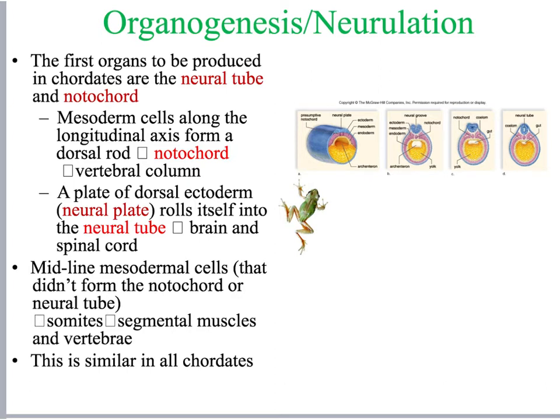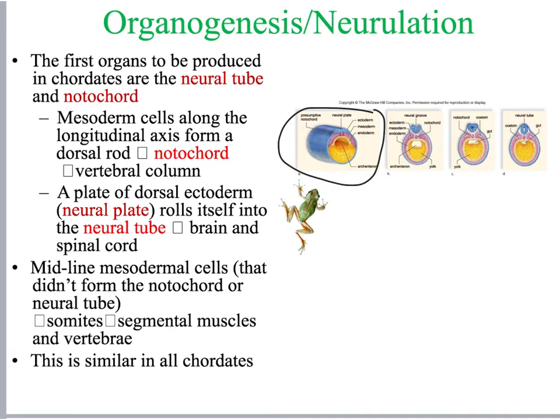So the first thing that happens during organogenesis and neurulation is that the embryo starts off as a flat plate. And as it grows, it folds to form sort of a cylindrical shape. This cylindrical shape, which lifts off of the yolk sac, protrudes into that amniotic cavity, that fluid-filled space. So this sort of resembles, if you think about the three layers here, endoderm, ectoderm, and mesoderm, sort of like three stacked sheets of paper that begin to fold laterally into a tube. At the same time, folding occurs from both ends, the head and the tail regions, and progresses towards the central part of that embryonic body. That's where the yolk sac and umbilical vessels will eventually protrude.